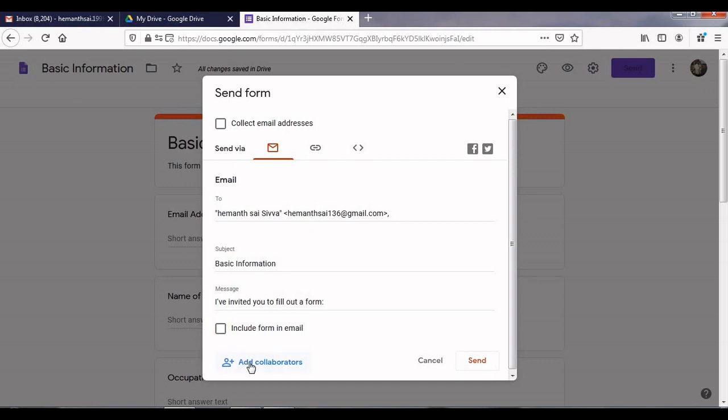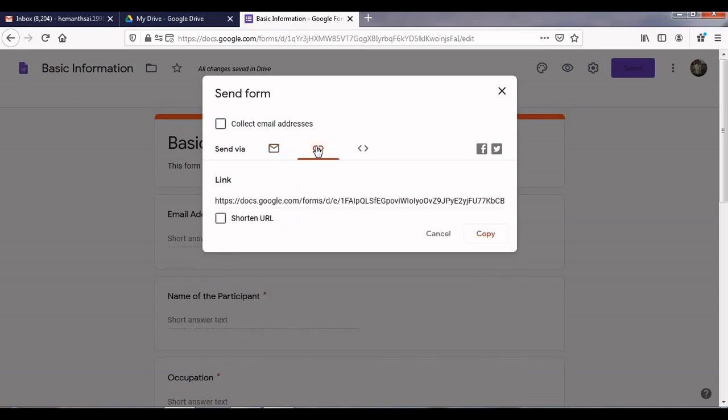Add collaborators. So who are the collaborators? That means if we add some other Gmail account to this, that person with that Gmail account can access this form. Here the second thing we have, when you click here, you will get the link. This is a very big link. If you want a shortened URL, just click on shorten URL.